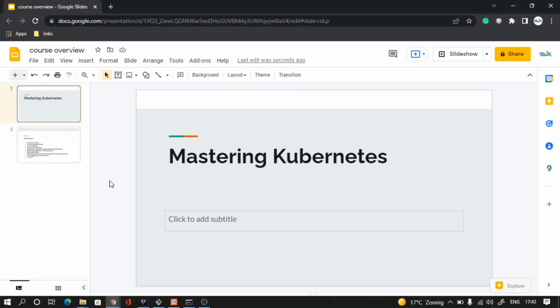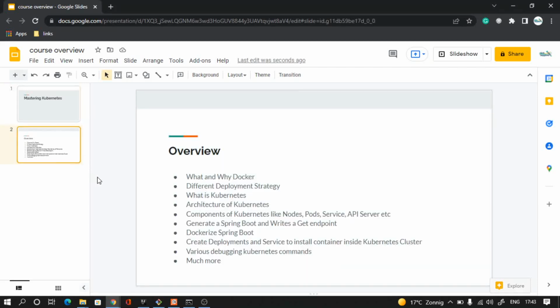Welcome to this course. This course is about mastering Kubernetes. So what are we going to do in this course? First, we are going to talk about what is Docker, why do we need Docker. Then we will talk about the different deployment strategy that we used to have in the past. Then we will talk about what is Kubernetes,